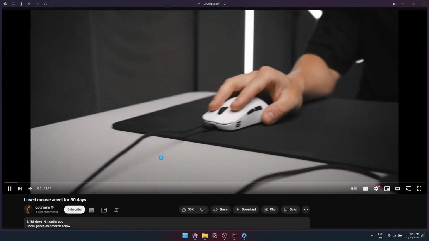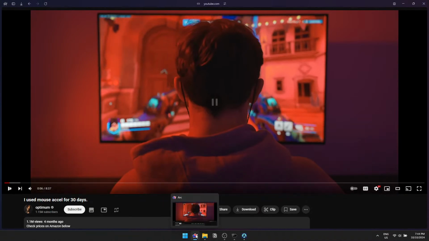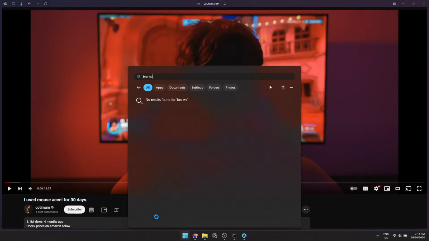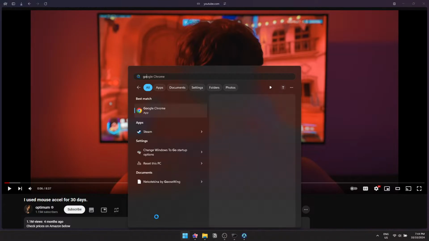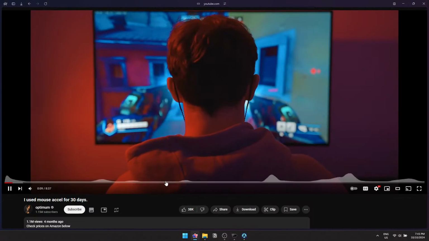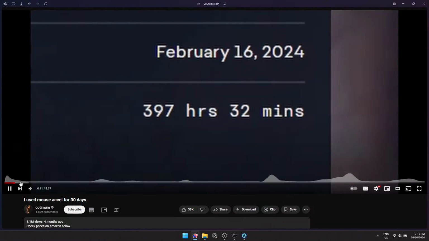Mouse acceleration is the first thing that I turn off whenever I build a new PC, but for over a month, I've been purposely playing with it switched on. I've come to realize that after thousands of hours of playing FPS games,